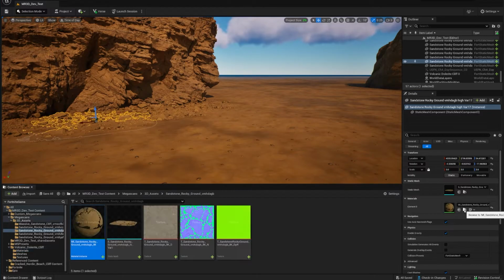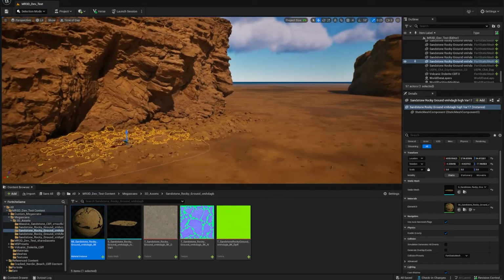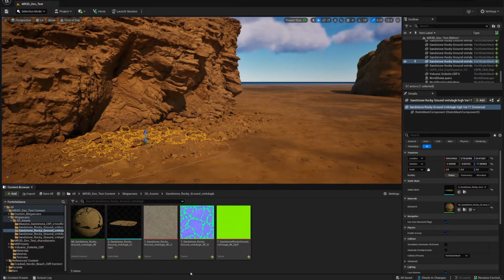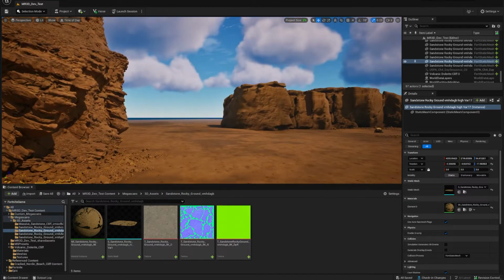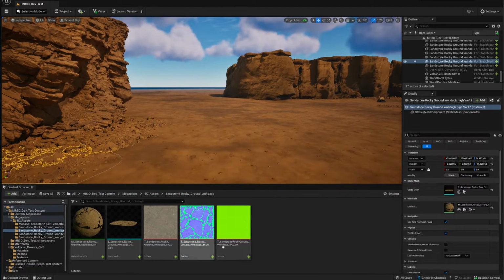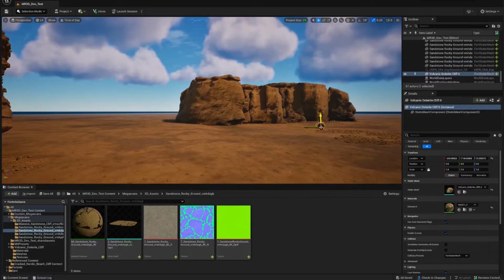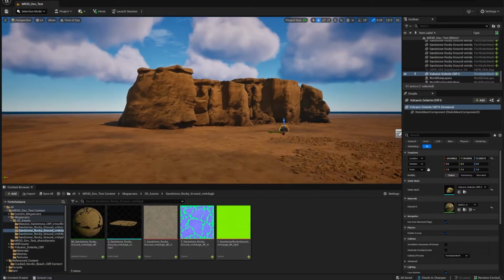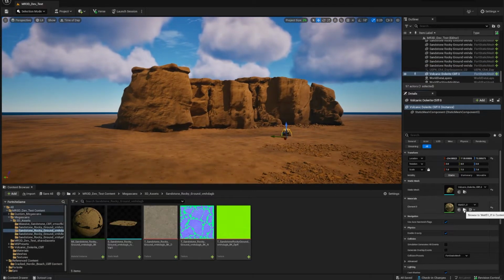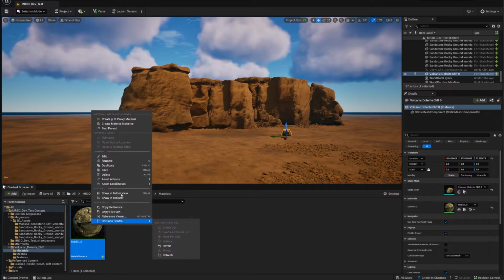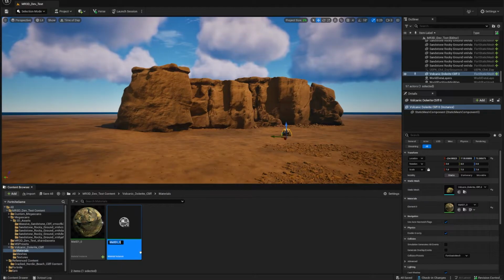Let me try to get around that, and I'm going to do this live to see how it goes. So there are two ways that I could do this. One is maybe just reuse this material and see how it goes. So let's just browse through here, right click, let's create a duplicate, and let's call it